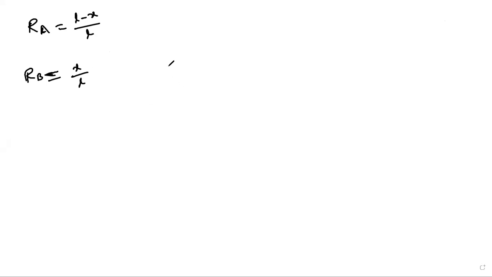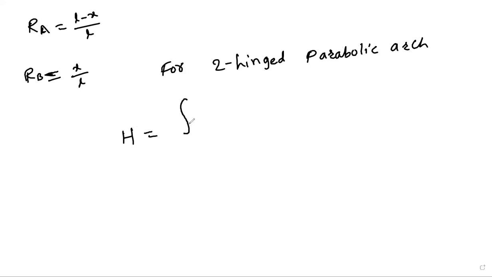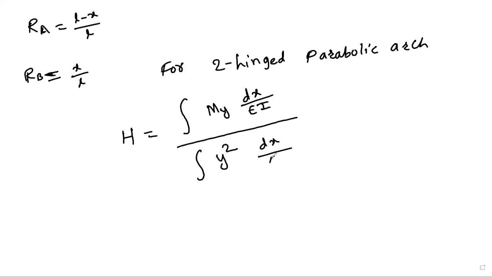So now, write down, for a two-hinge parabolic arch, the general equation of horizontal thrust is equal to the integration of M y dx divided by EI, divided by the integration of y square dx divided by EI. So in general,